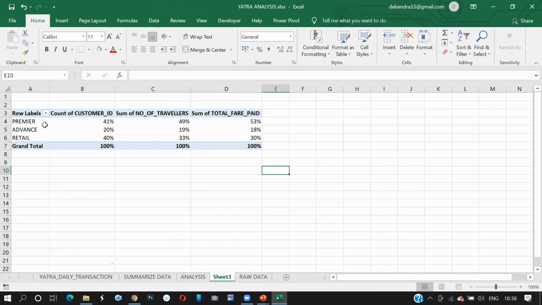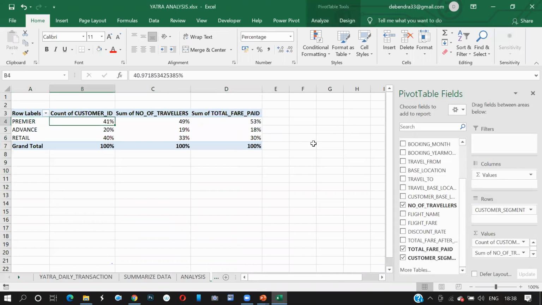Now it indicates that you have a total of 41% premier customers. They account for almost 49% of all passenger visits, and they contribute 53% of the revenue.